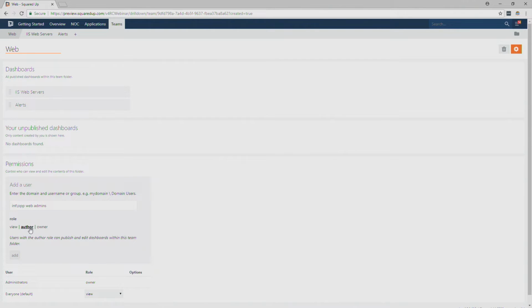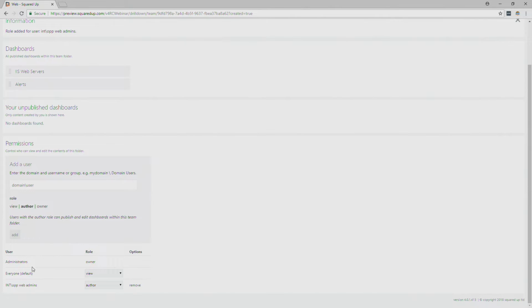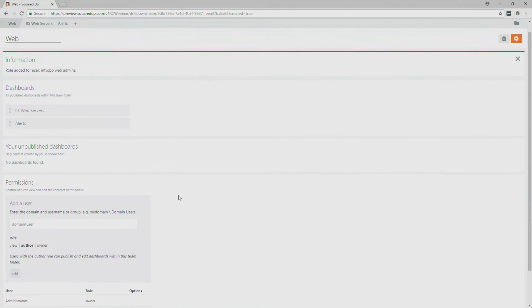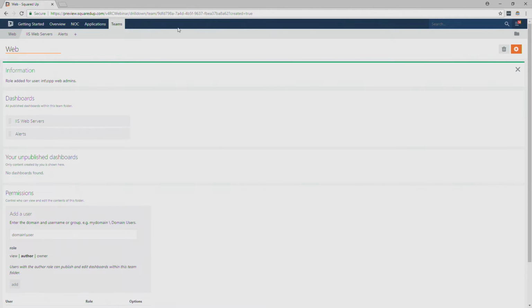Now, these admins shouldn't have author permissions elsewhere. Obviously, they can't go and modify, say, the Hyper-V dashboards, but I do want them to be able to modify and create their dashboards for their web team. So I just hit add there, and that's confirmed. We can see here that as an administrator, I'm still owner of this folder. We are allowing everyone else to see these dashboards, but it's only going to be those web admins who can author dashboards. So let's just grab this URL